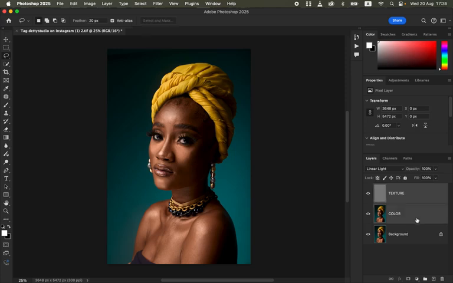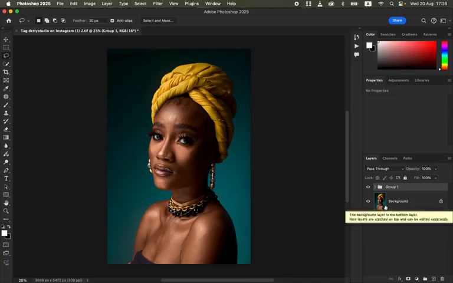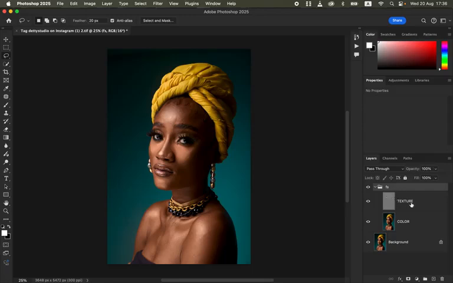Select both layers by holding down Ctrl or Command, then press Ctrl G, or you can use Command G on the keyboard to group these layers. You can rename this to frequency separation. After renaming the frequency separation group, simply click on the drop down arrow to open up the frequency separation group